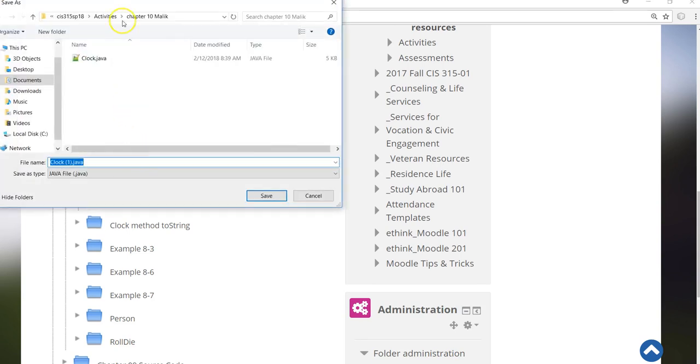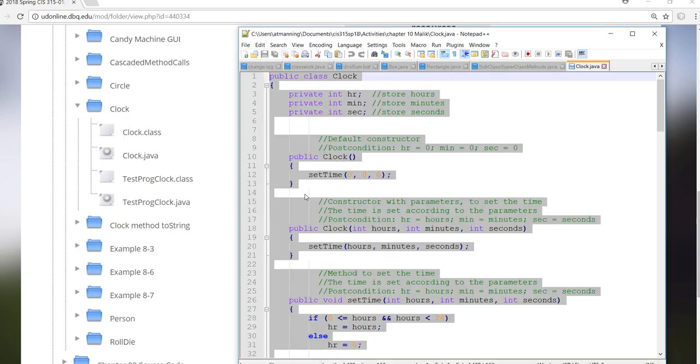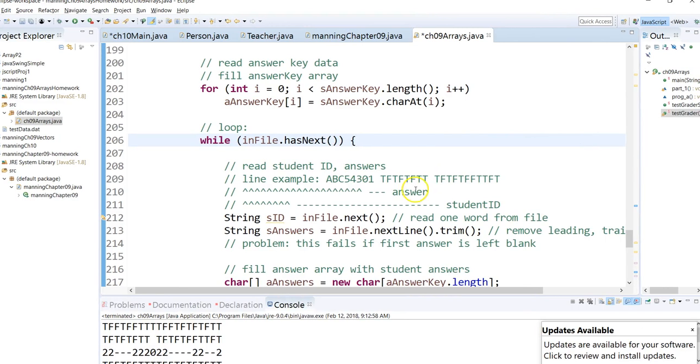And I've downloaded it already. You can download that, and then in your editor, I have an editor here, you can open that in an editor, select all, copy, and then come over to Eclipse and create that clock class. So I'm going to do that right now. I've opened clock.java in Notepad++, select all, copy, and then back over here in Eclipse,